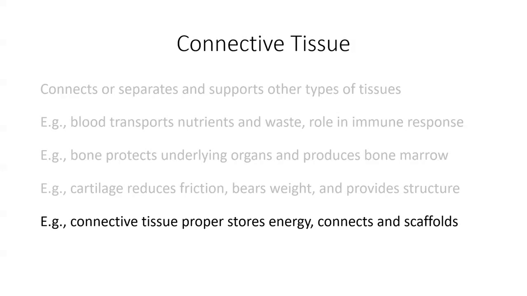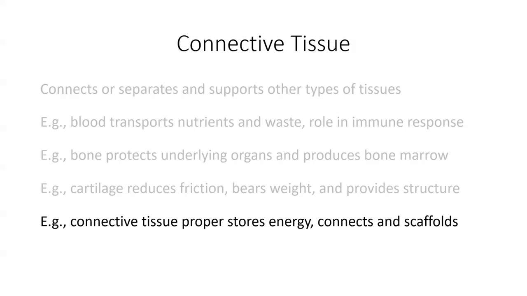Lastly, we have connective tissue proper, which can be adipose tissue or fat, which we can use to store energy. Dense regular connective tissue, which makes up our ligaments and our tendons, which hold bone to bone and muscle to bone respectively. We can have areolar connective tissue, which holds organs in place and attaches our epithelial tissue to underlying tissues. And then also reticular connective tissue, which forms the scaffolding or the structural support for our organs and soft